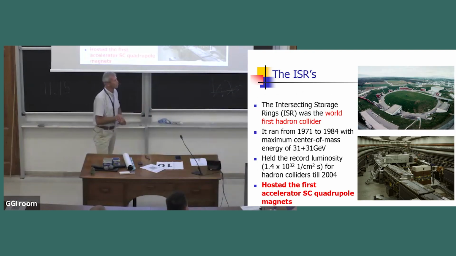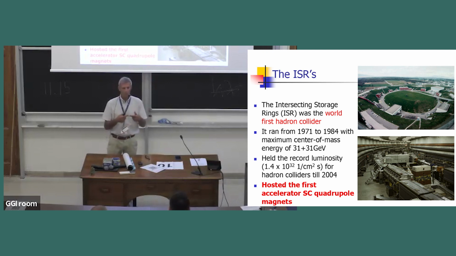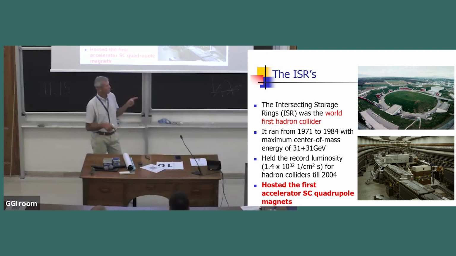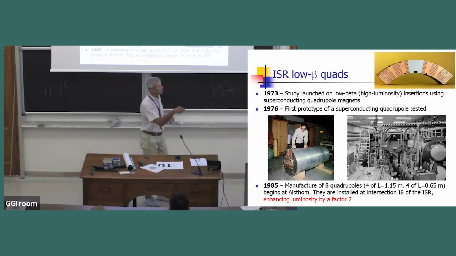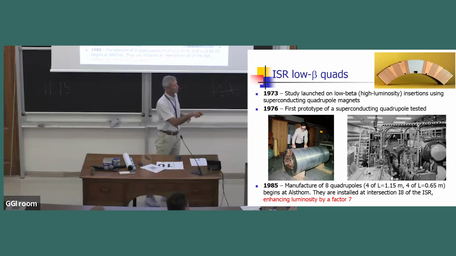Now, that's interesting because at Brookhaven, before that, in the meantime, the CERN ISR was being built. It's the first particle-to-particle collider. And that hosted the first accelerator superconducting quadrupole magnet. Okay, so that was the first use ever. And that was built, so this is a quadrupole coil using single wires. Okay, so you can recognize the single wires here in the winding, and that's the IR of the ISR, where you have here the quadrupoles.